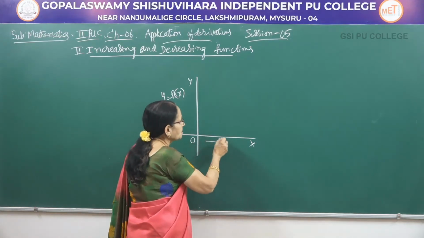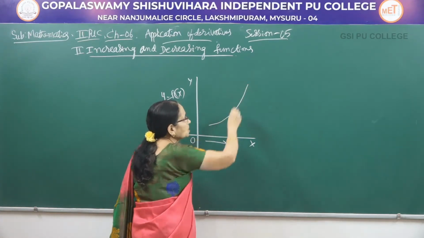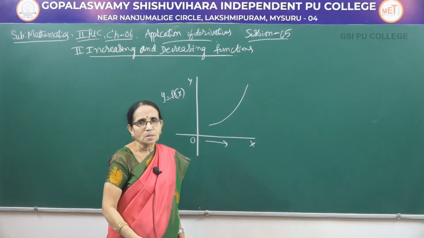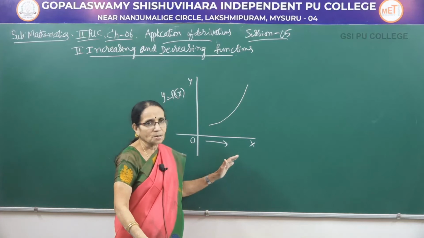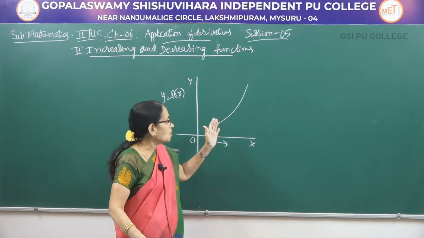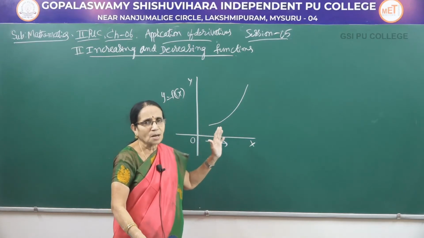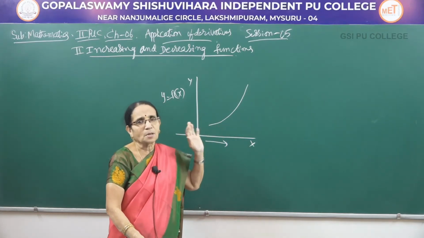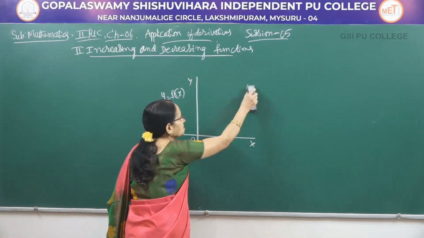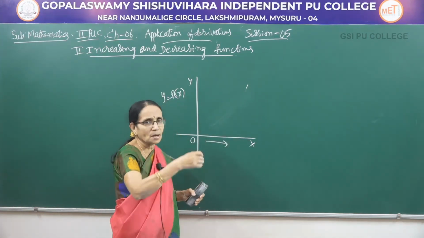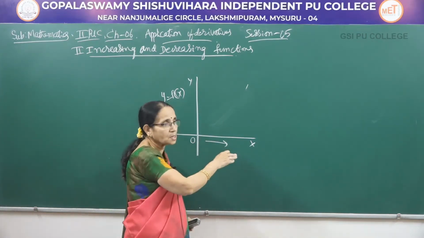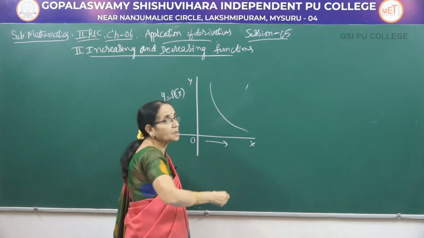So, when x is increasing, suppose y is also increasing; we generally say it is an increasing function. As x increases, if y also increases, it is called an increasing function. I am giving the general meaning of that, that is all. Similarly, suppose x is always increasing, that means we give the values for x always in the increasing way, and suppose as x increases, the y value decreases.